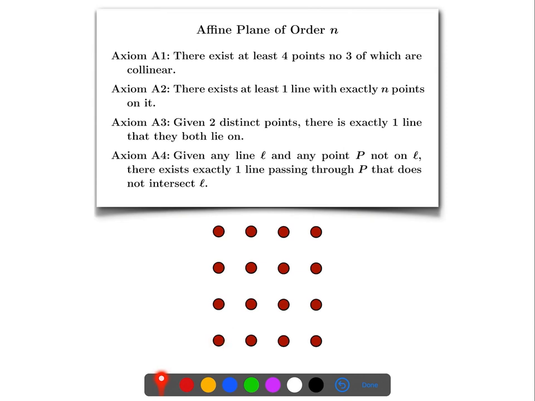So this will be a point on it, and then if I want to have slope 2, this will be a point on it. Now I want to go over 1 and up 2. This will be a point on it. Over 1 and up 2. This will be a point on it. And it's only going to have 4 points. We only have 4 points on a line in our construction. And in fact, we should question a little bit doing what we did to get these points,